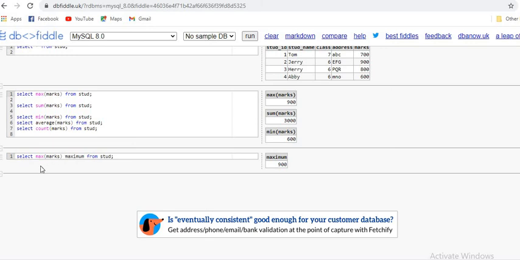So in this class, we have learned about creating a table, inserting data into the table, how to update an existing table, how to alter an existing table, like adding a new attribute to the table, and the aggregate functions also. Of course, we know that by using ALTER we can do a few other things also, but we are not going into details. In our upcoming video we are going to discuss these things also.